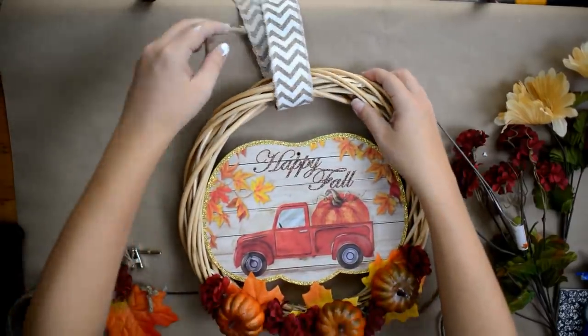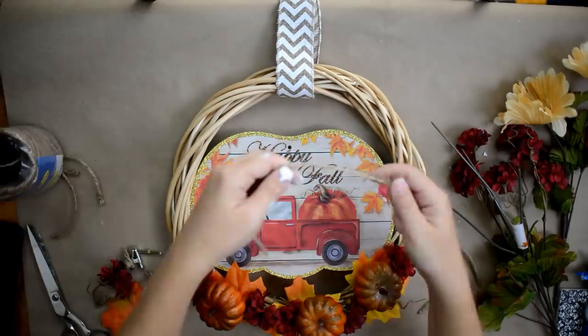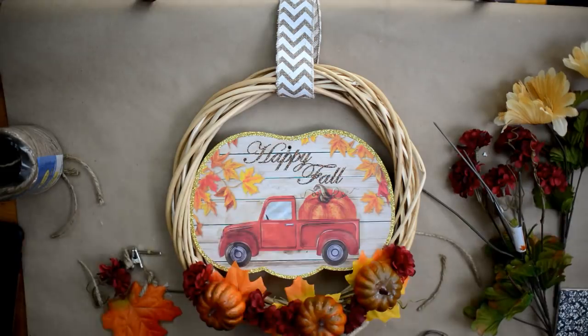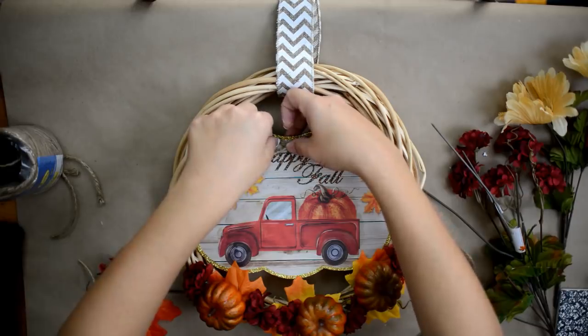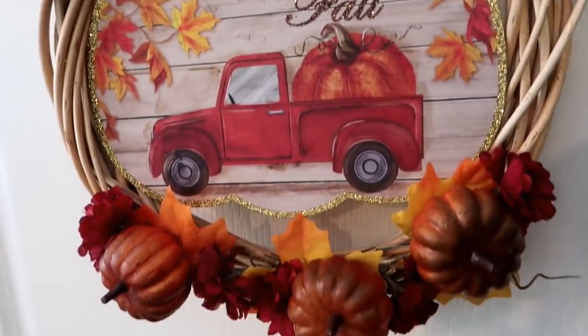Now you can see there I cut that string off and decided not to use that. Then I'm just going to wrap a little bit of chevron ribbon around the top. And then what I am going to do with that burlap ribbon is I'm going to tie a bow, and I'm just going to use a little hot glue and put it over the hole so you can't see where that hole was anymore. And that's a super simple wreath for fall, and I think it looks really cute with